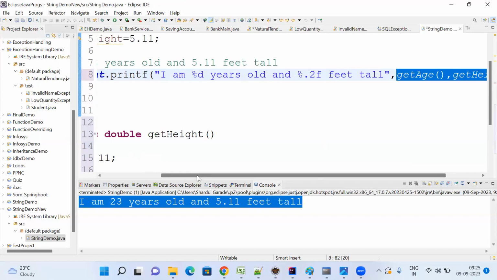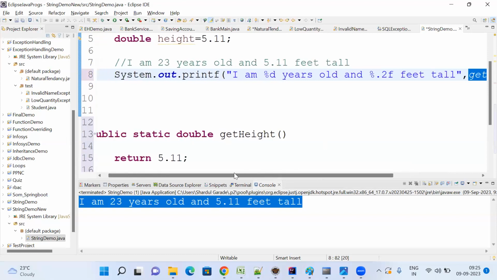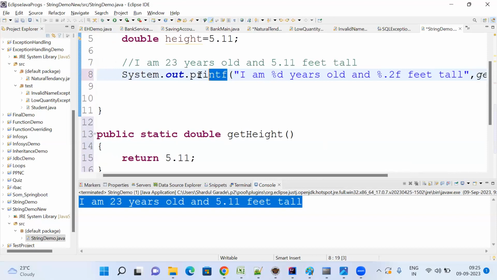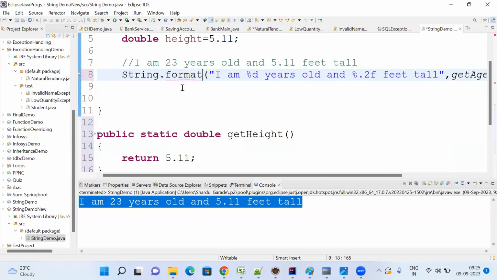If you want to display it, you display it. If you don't want to display it and want to do something else with it, then we can use String dot format. Directly, without changing the printf, if I change it to string dot format and return that,